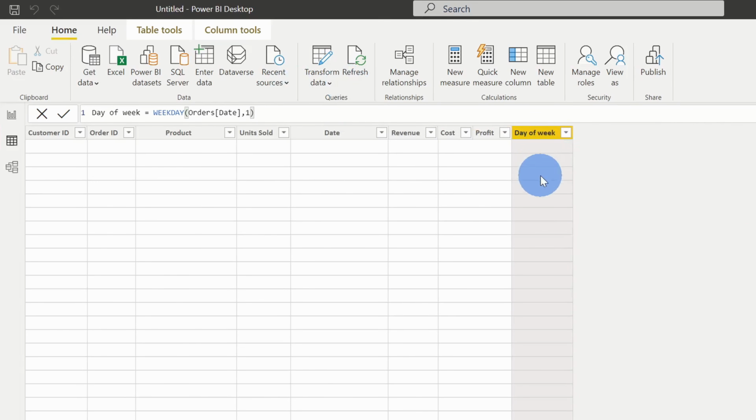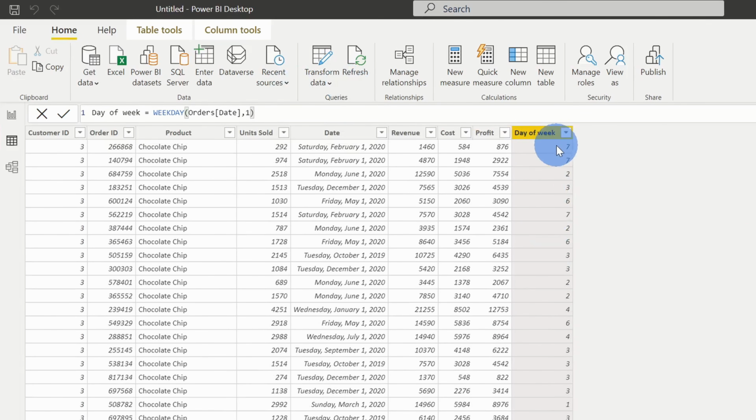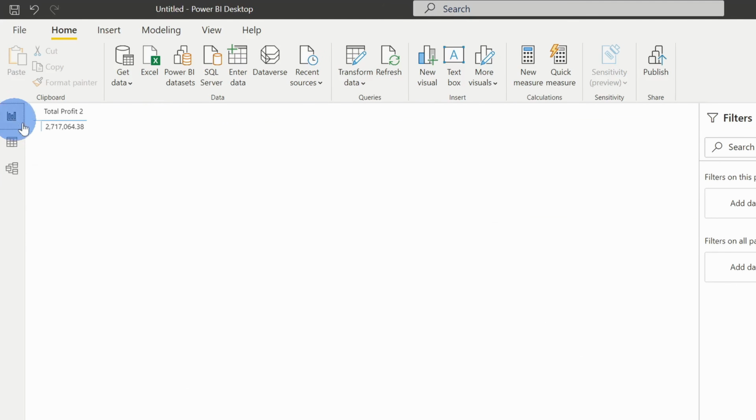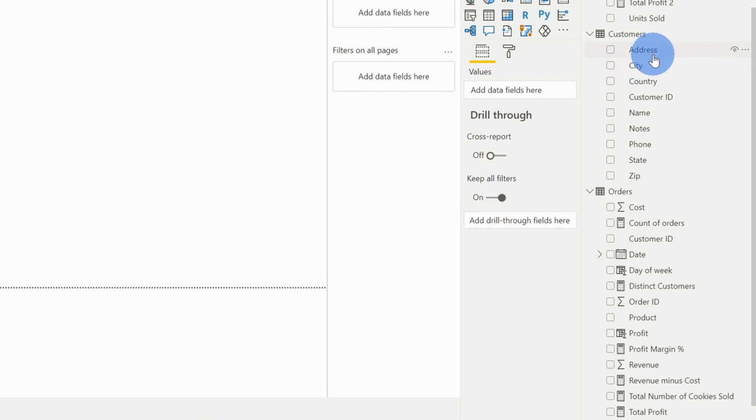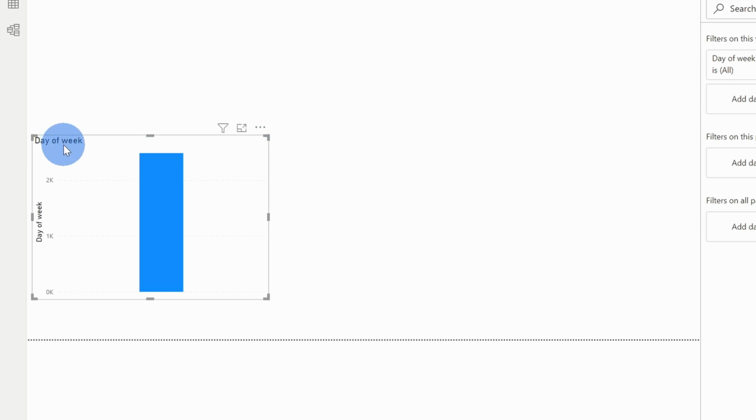And here now I have a new column with the number representing the day of the week. So that looks pretty good. I now want to know, well, what day of the week do the most orders occur on? For this, I'll click back into the report view. Now over on the right-hand side where we see all of the fields, I see my new column with day of week. Here I'll check this box, and this now inserts a visual showing me all of the different orders,